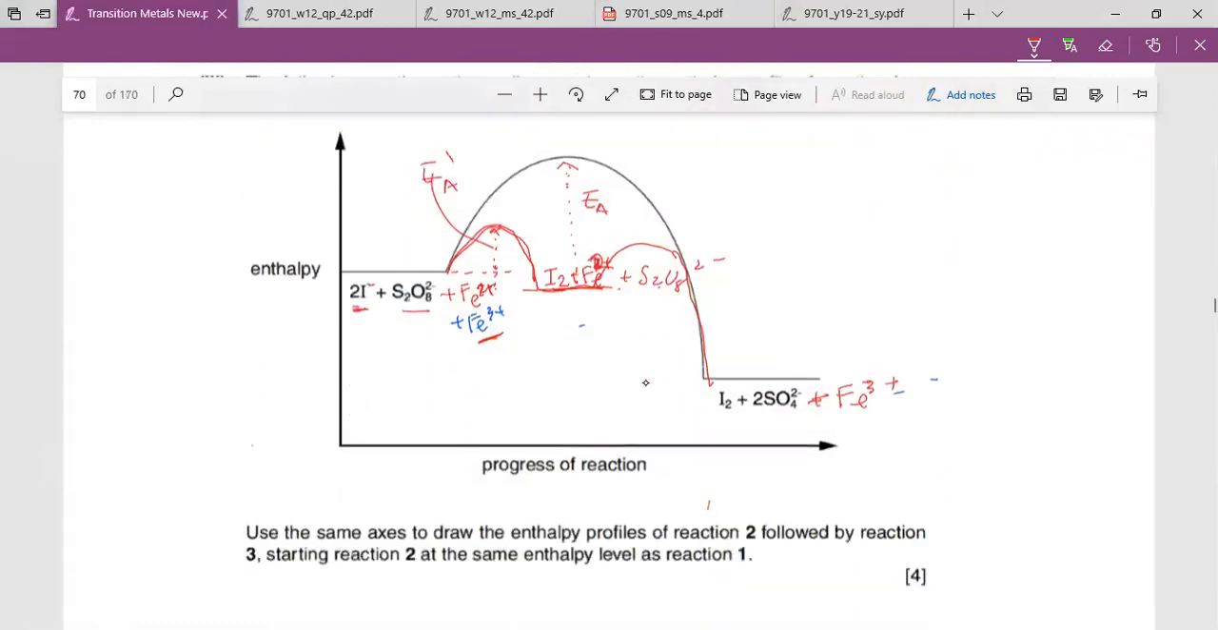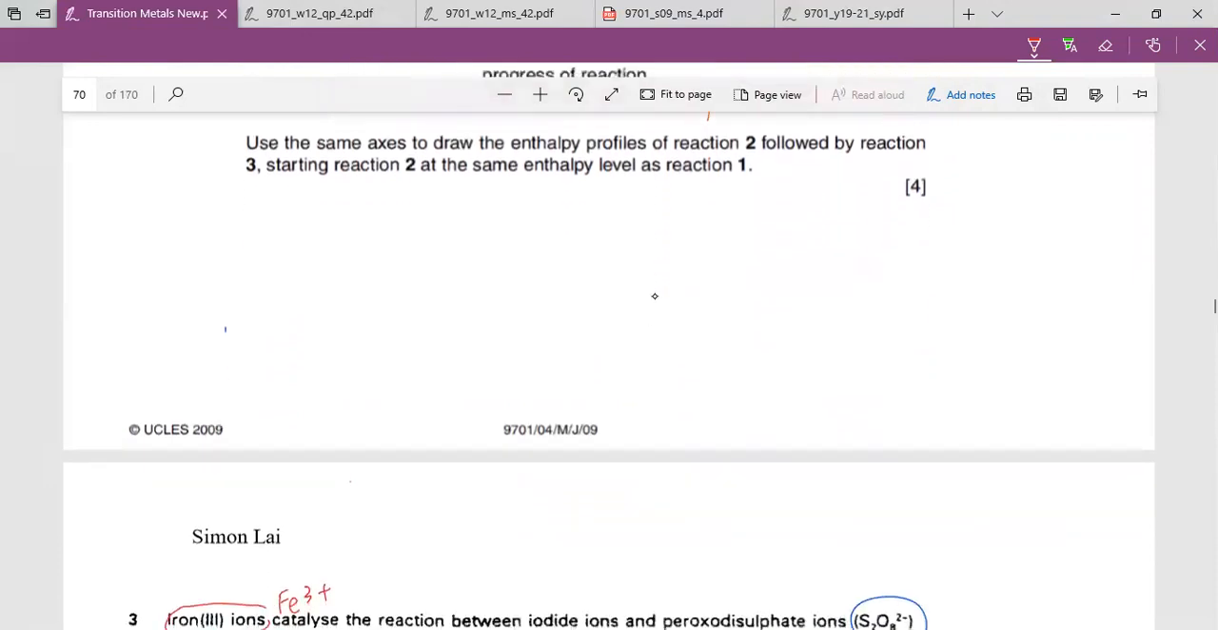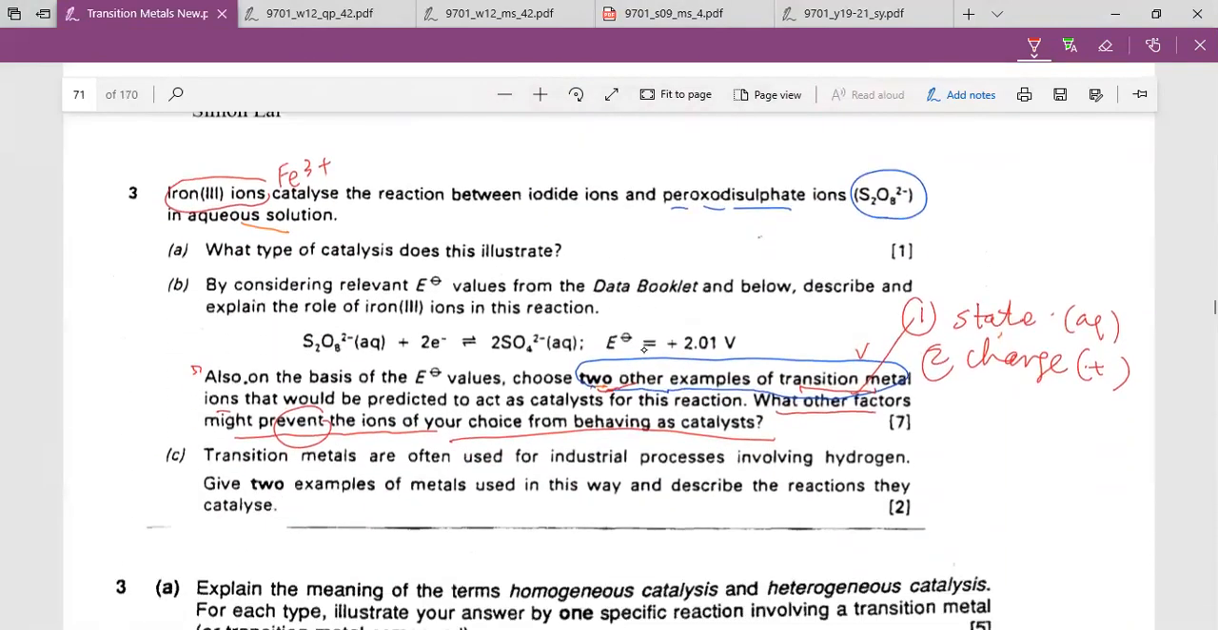The other question is quite challenging. This one is not very challenging, and it is an old question. Iron 3 plus catalyzed reaction. They tell you it's iron 3 plus, which means remember the Fe3 plus plus electron reversible Fe2 plus. It's very important to actually